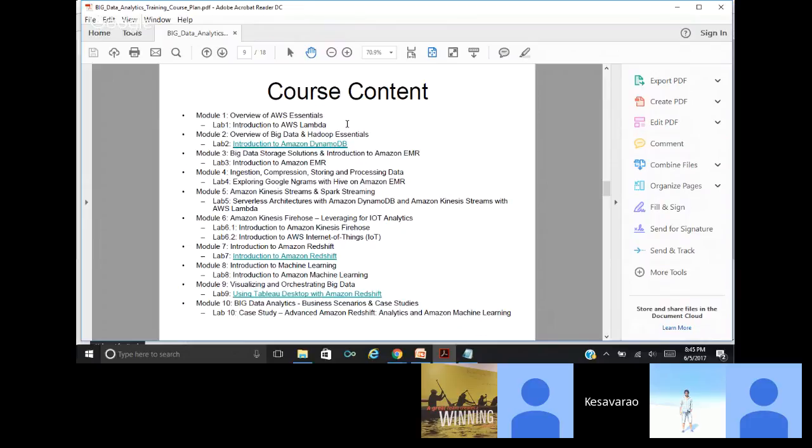So today we come down to the last module, to look at various business scenarios and case studies that happened in real time, and how some of the organizations are using these solutions, especially big data analytics on the Amazon platform. And the case study that we are going to look at is one of the architectures using how machine learning and